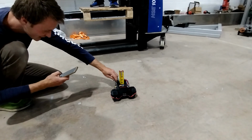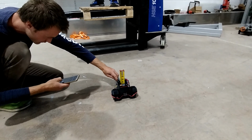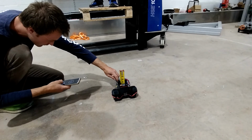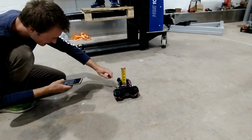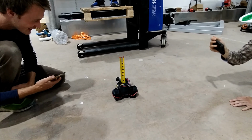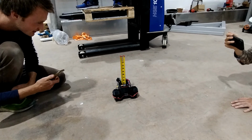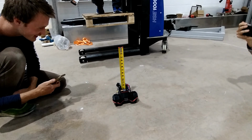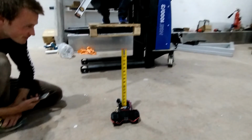Let's turn it on. Ready? Timer. Countdown. Let's go. 3, 2, 1. Go. It's rising up. It's a nice speed, isn't it? It's nice and slack. Powerful. Oh no. Oh yes. Oh no, don't worry about that. Okay, it's got